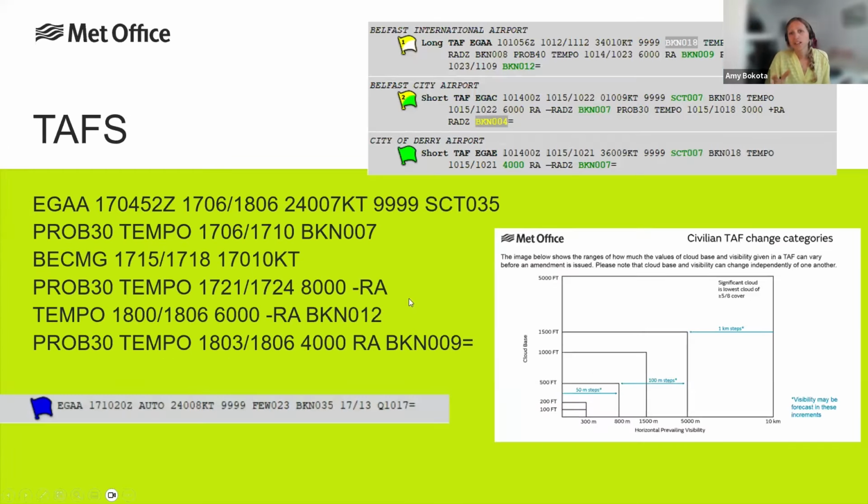So with that, one of the main things we produce is something called a TAF. So some of you may have seen this before, but here's just an indication of just a couple at the top. So it's a coded weather forecast. I'll just quickly go through what exactly that entails. So what we normally have is each of the benches will look after TAFs. So these are going to be specific weather forecasts for individual airports. This, for example, is for